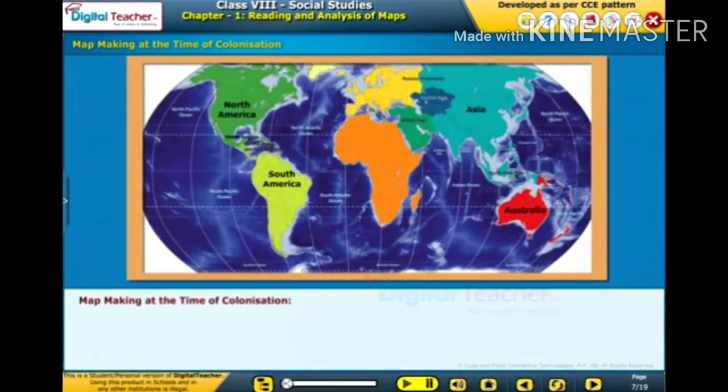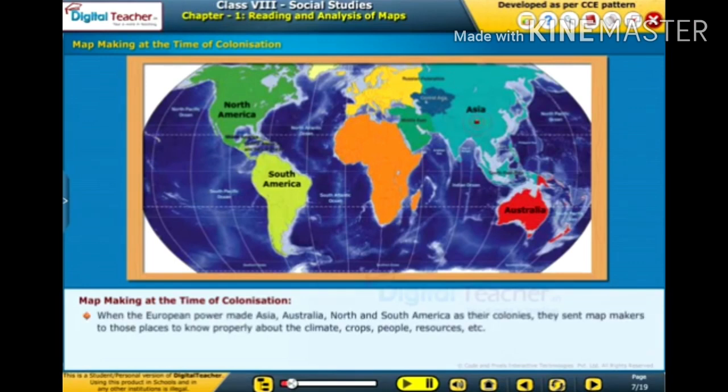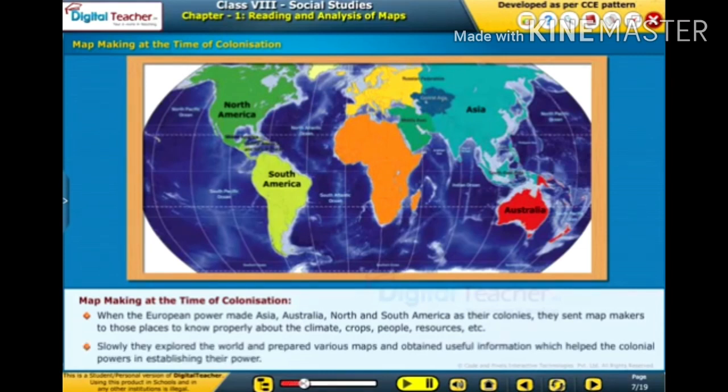Now, let us look at the topic of map making at the time of colonization. When the European powers made Asia, Australia, North and South America their colonies, they sent map makers to those places to know properly about the climate, crops, people, resources, etc. Slowly, they explored the world and prepared various maps and obtained useful information which helped the colonial powers in establishing